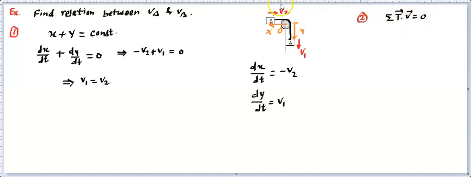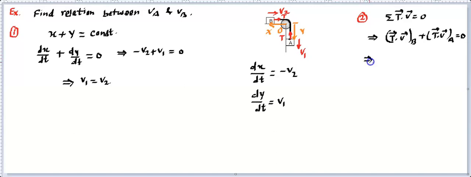So we need to see the two blocks and their velocities. Velocities have been indicated there, you can see from there. What about the tension? Tension is along the direction of the string, so we say that is T. Since it is the same string, tension remains the same, so that's going to be T there. If you can watch the T and v for the two blocks, then you can easily write what this is going to be. We will write T dot v for the first block, or let's call that block B, and this has to be done for block A, and then it is going to be 0 because there are only two blocks.